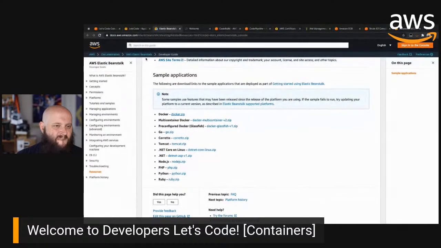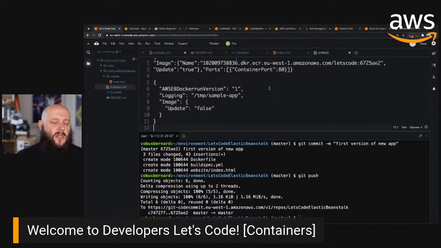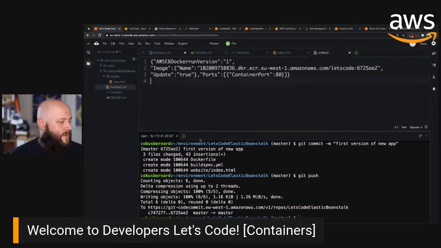So the way this is set up, let me just get to my console over here, is when I look at that run file, what it looks like is this, which is Docker version 1. It's got logging. It doesn't use an image and doesn't update. So I think this is something to do with the way that it's currently running. So let's quickly see if I can fix this. Actually, you know what? I believe it's because of ECR